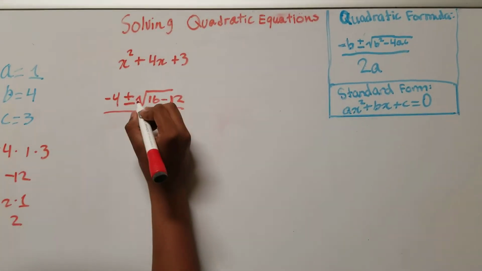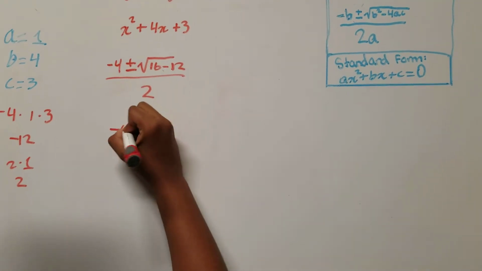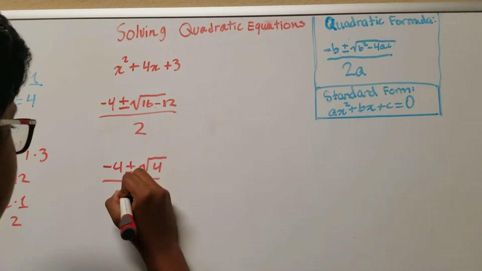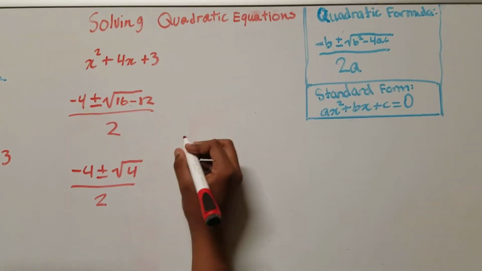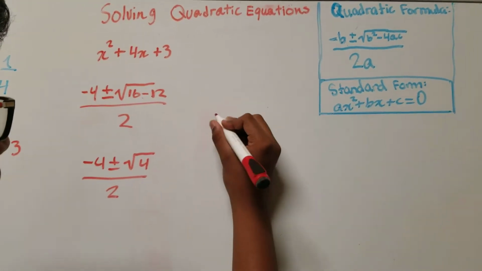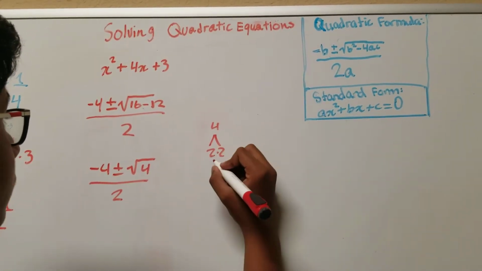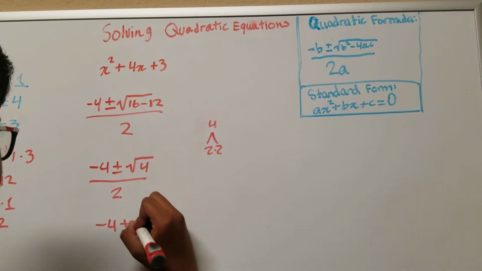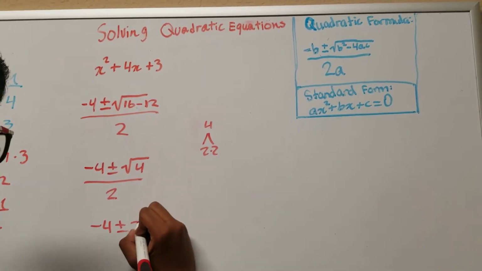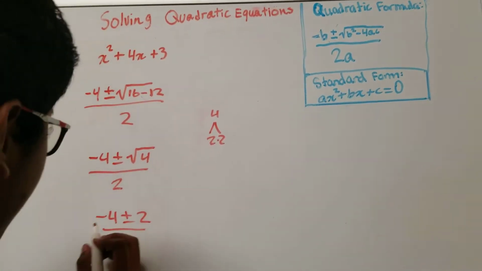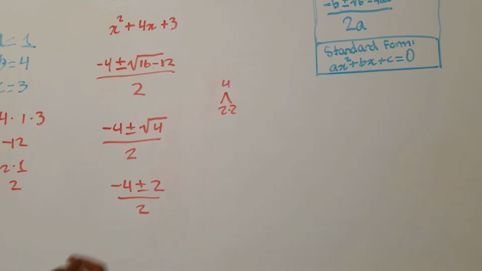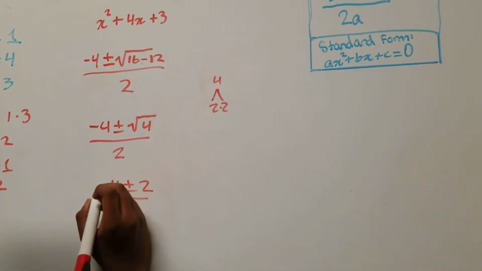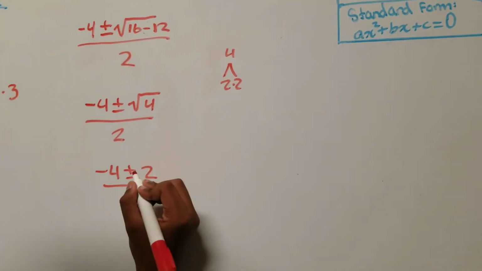Now we have to simplify this right here. So going downward, you have negative 4 plus or minus the square root of 4, over 2. Now the square root of 4 is, if you factor tree 4, you get 2 times 2. So it's going to be 2. So now you're left with negative 4 plus or minus 2 over 2. So now over here, you're going to want to simplify